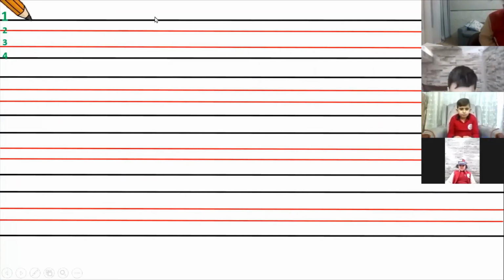First, we have to put the pencil on the first line. نضع القلم على السطر الأول. Go down and draw a straight vertical line from the first line to the third line without reaching to the fourth line. ما أوصل للسطر الرابع. بعدها شنو أسوي؟ Then draw a